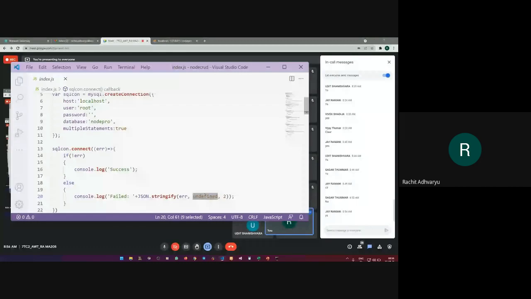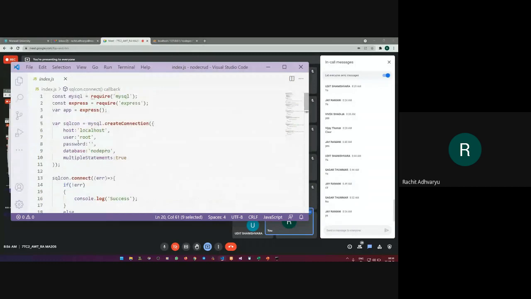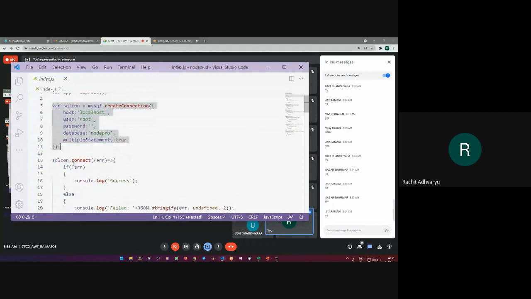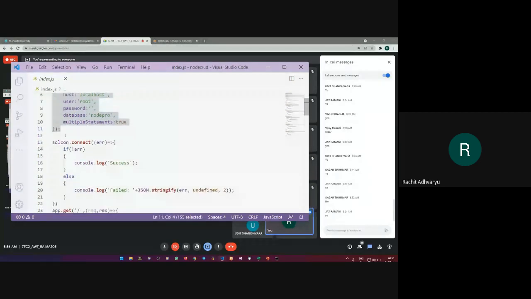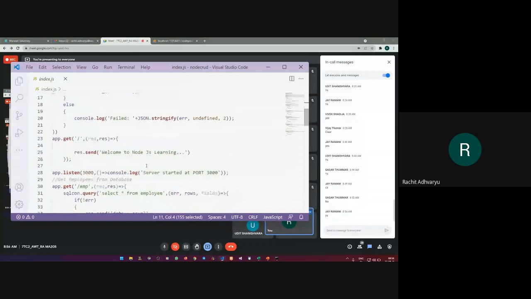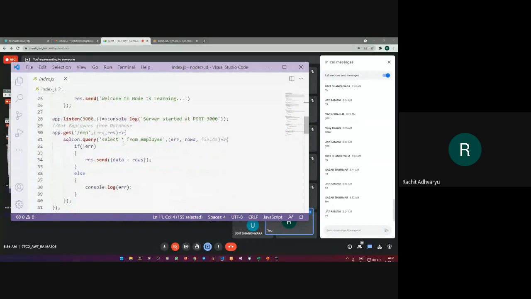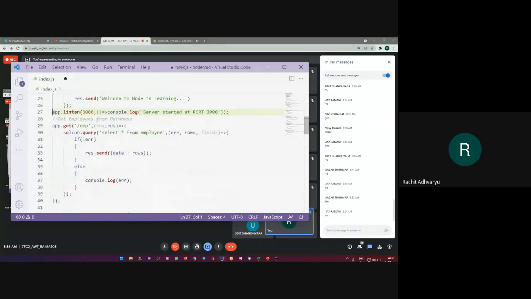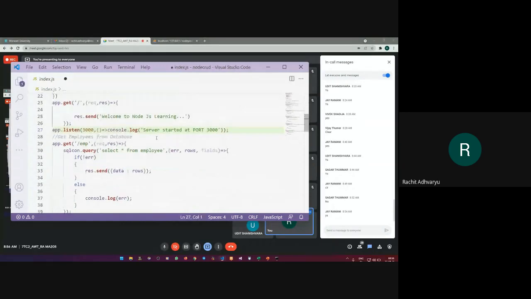Okay, moving on to the next. We have data, we have created the server, we have got the instances of the server, we have got the connection made to the database, we have checked whether the connection is proper or not. Now, let's start working with execution of all these things. So let's move on. So let's say, just a moment. Okay, so I'm saying that